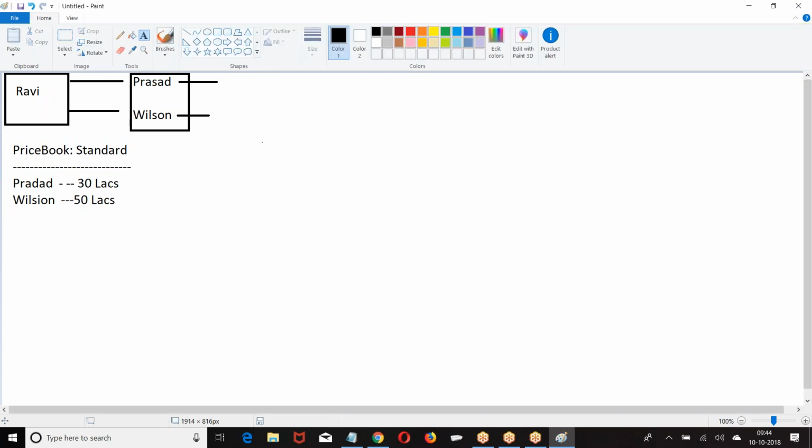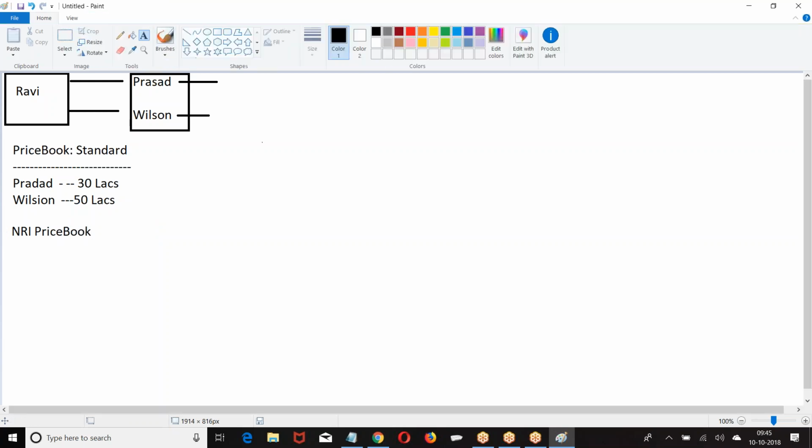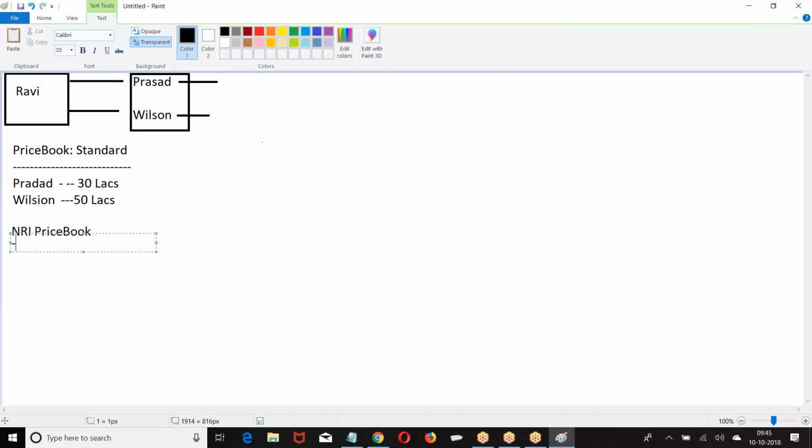Let me give you this way. Now they sell. Then they approached, boss, if it is NRI price book, you want to sell to NRI people. Boss, if you want to sell it to NRI price book, I will not be selling at the same price. My prices are different again. They told, if it is NRI price book, Prasad,